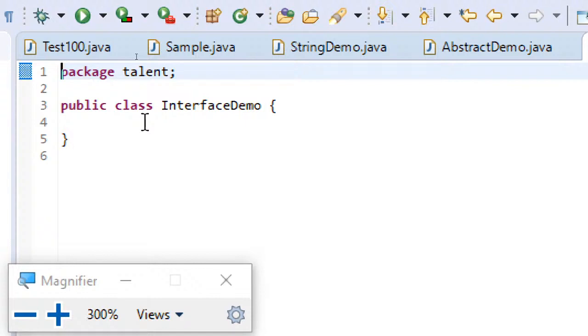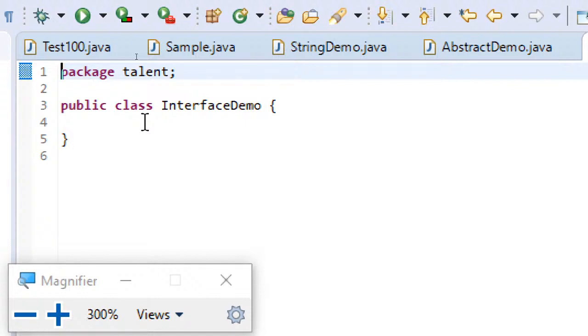Understand the point? When you write a class preceded by the extends keyword, you can write only one single class name. But when you write a class preceded by the implements keyword, you can write n number of interfaces. Now what is an interface and what does it contain? An interface is something like a class, but it contains all abstract methods only.